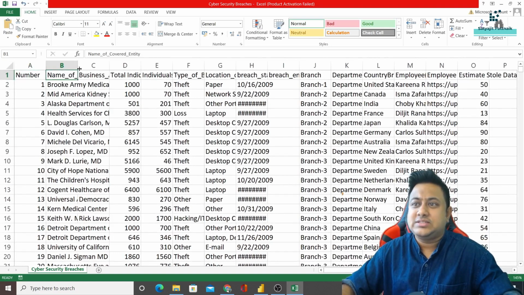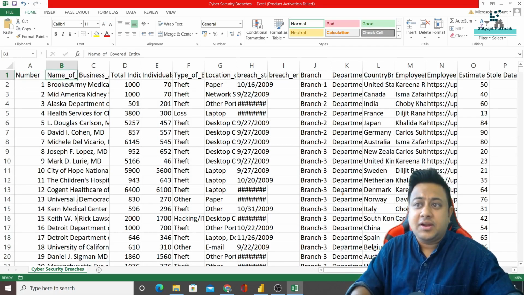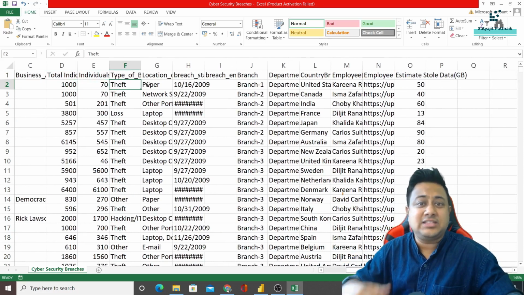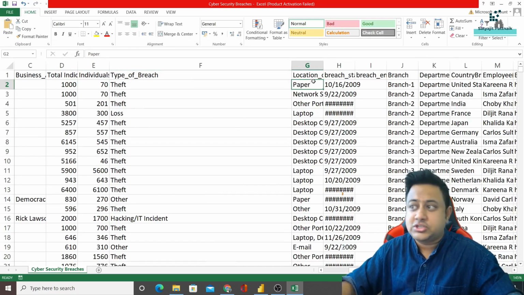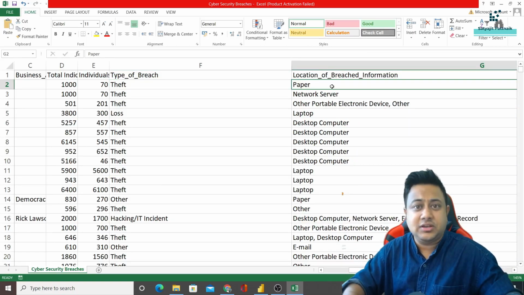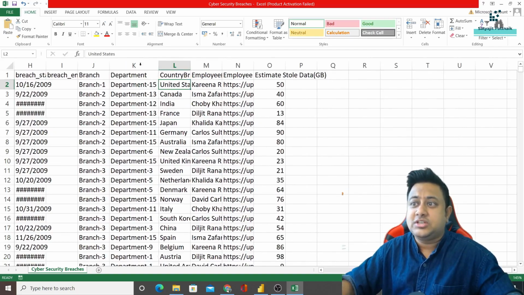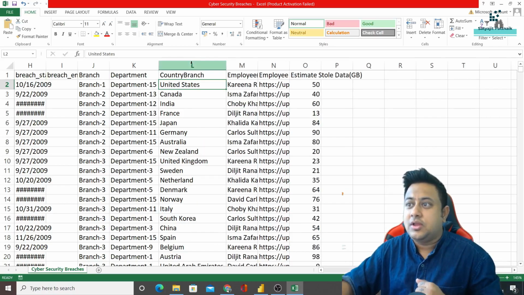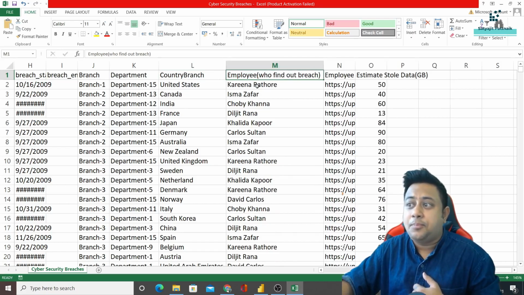Now, you can see the number, which is your row number, covered entity, business associate involved. So, this is basically some of the breaches that have happened, what are the types of breaches, the location of the breached information, how the breach was located, when the breach happened, which department has captured or identified the breach, the country where the breach happened, which employee has found out the